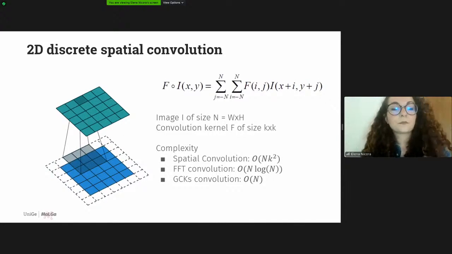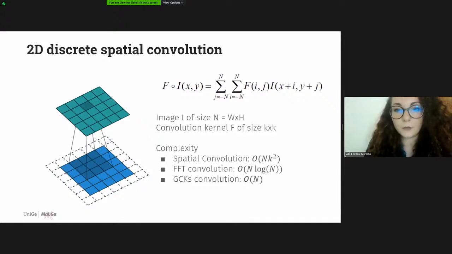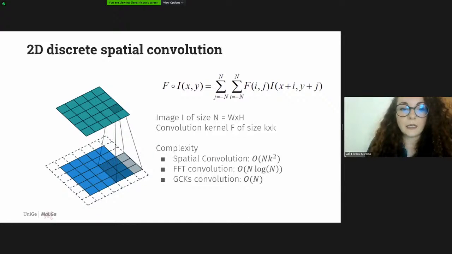So of course, I know that most of you will know the definition of convolution. We can introduce the concept. Convolution is an operation that, for example, in image processing,